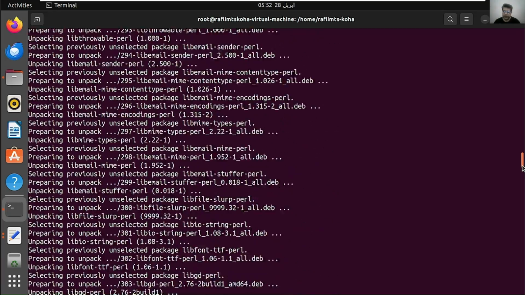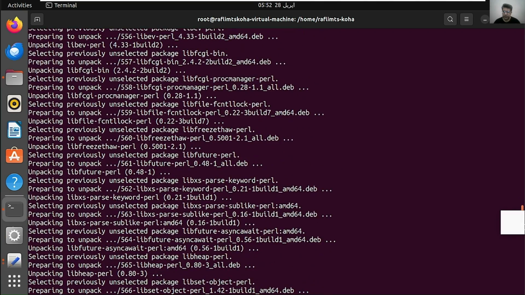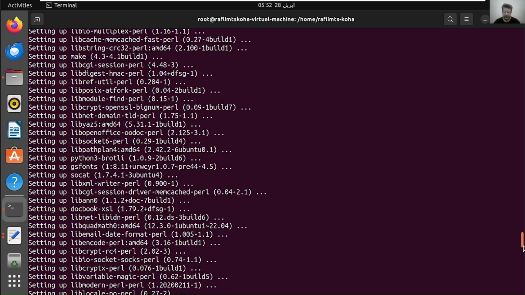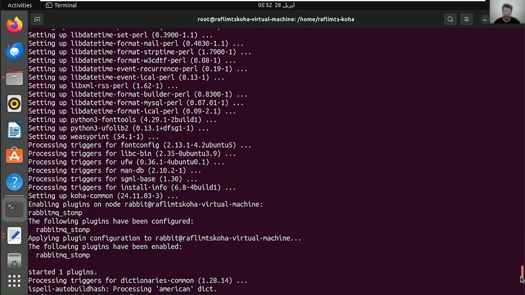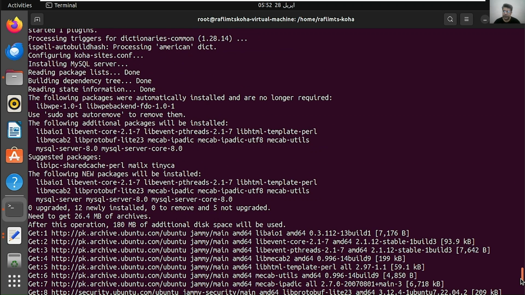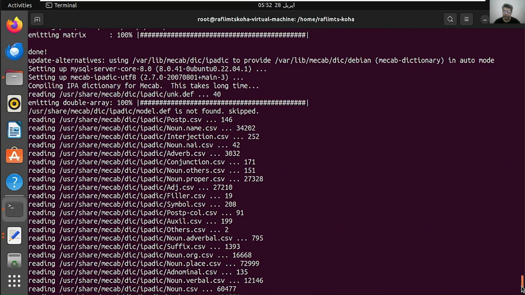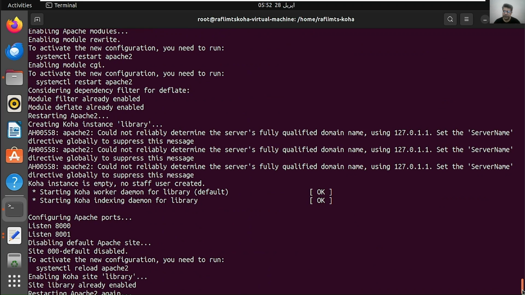There we can see we have the Koha packages here. Here MySQL is started, I think. Yes, here it has created the ports.